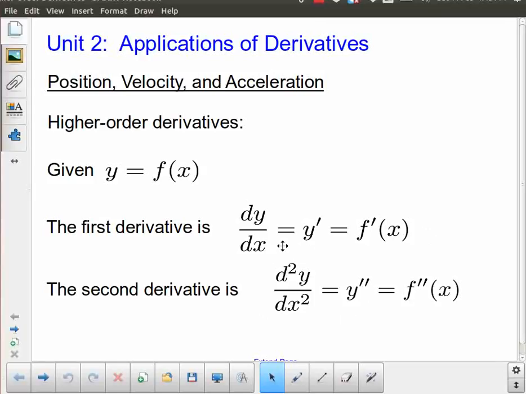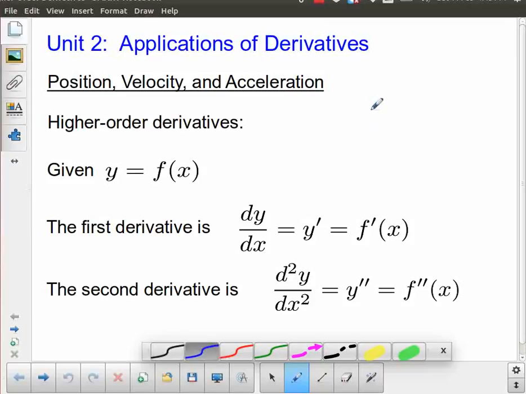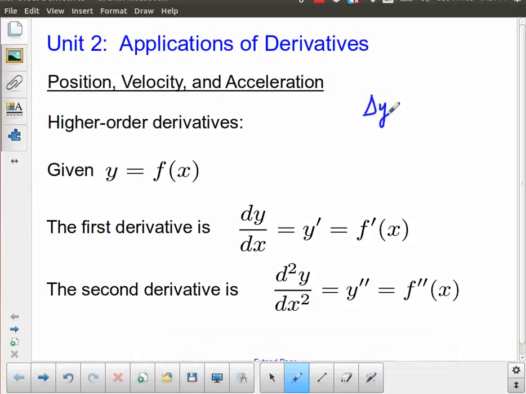The notation for this one, the prime notation is actually the easier one. Because all that means is that you count up the number of little prime dashes or hash marks up here, and that tells you first derivative, second derivative. But the Leibniz notation is not so bad either. This actually goes back to when we talked about something like, for example, first differences. If we look at delta y over delta x,